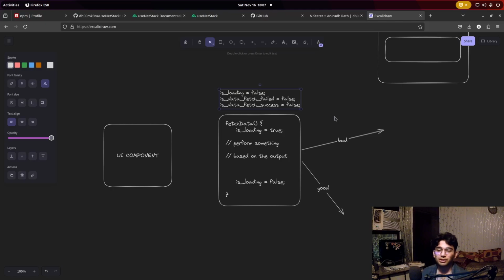Obviously I'll tell you how we're going to handle this, but there's another thing that is bad, which is the separation of concerns. You can have as descriptive variable or state names as you want, like is loading, is data fetching failed, is data fetching for source one success, is menu items loading, and so on and so forth. But then again, no matter how descriptive you are,